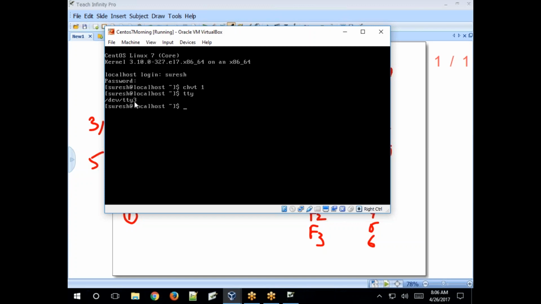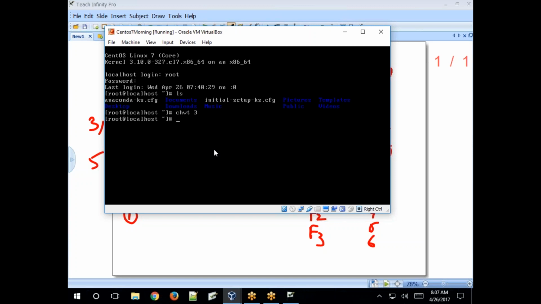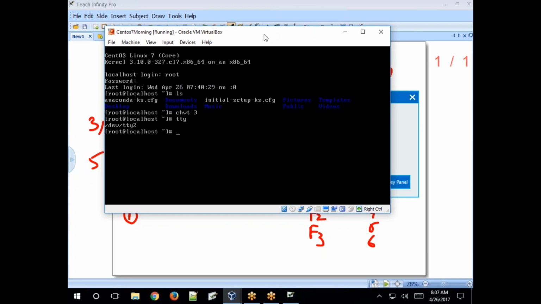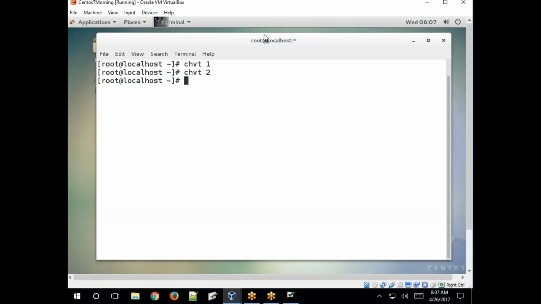See, tty3, right? Now switch to 2 and execute tty here. It shows the terminal type, the second terminal. Clear? Control Alt F1, the graphical console. Execute the tty command.